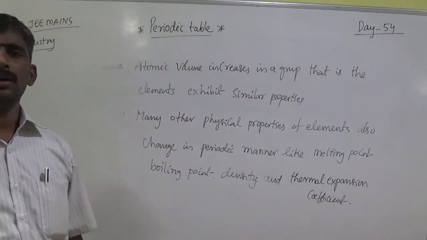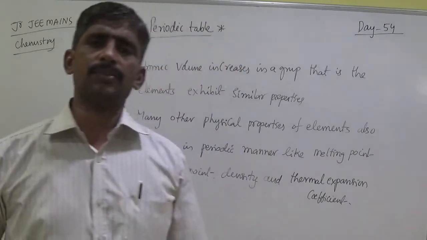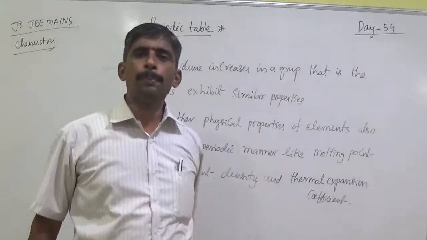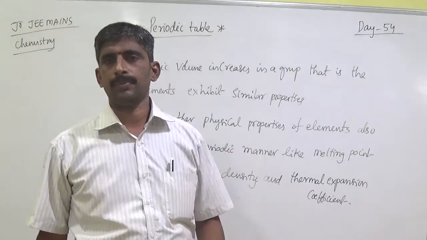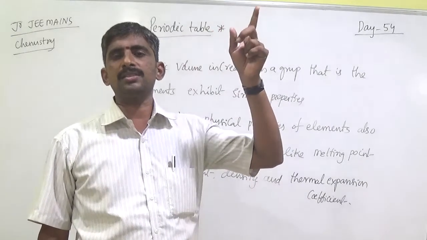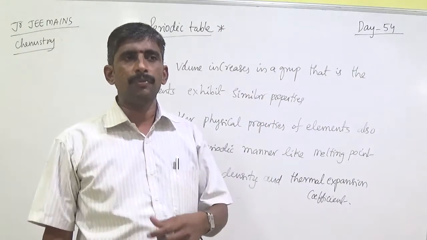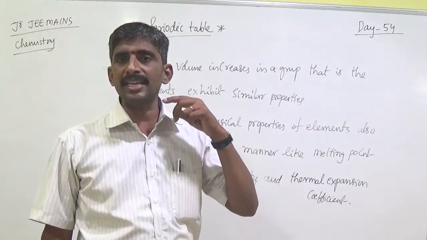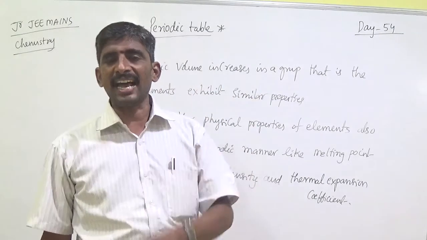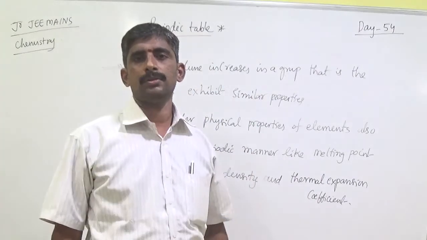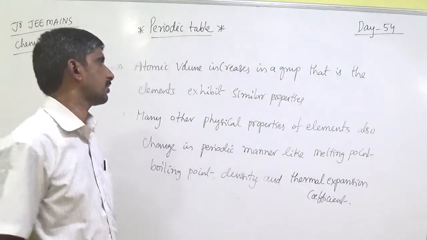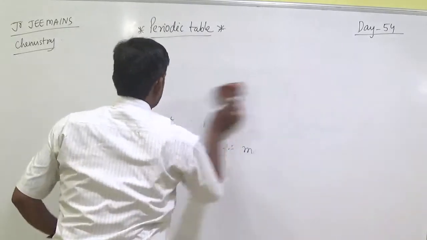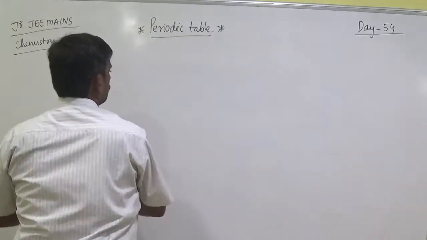Okay, so these are simply the Lothar Meyer curves. By using the Lothar Meyer curves, at the top, the peak of the curve is occupied by alkali metals. Then in the descending part are alkaline earth metals, in the ascending part are halogens, and the transition elements are at the broad minima of the curve, right? Simply write down the graph.